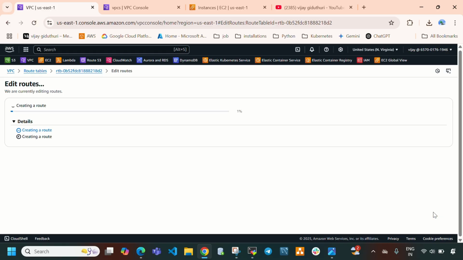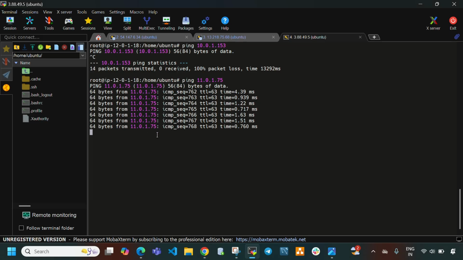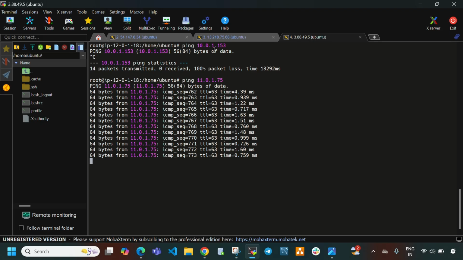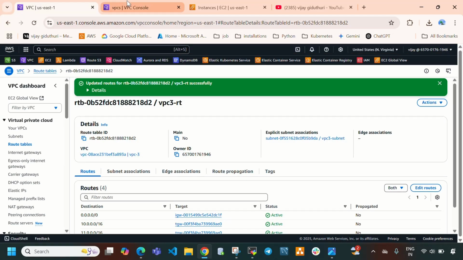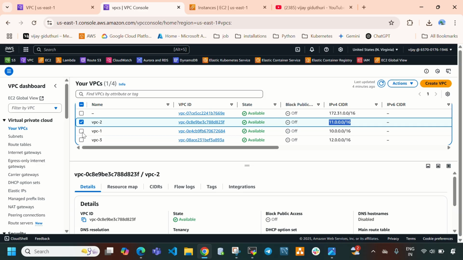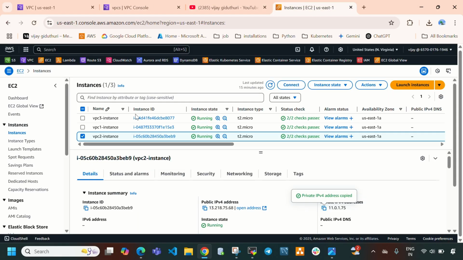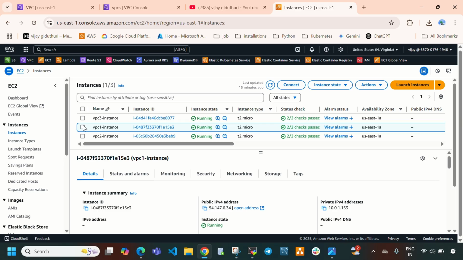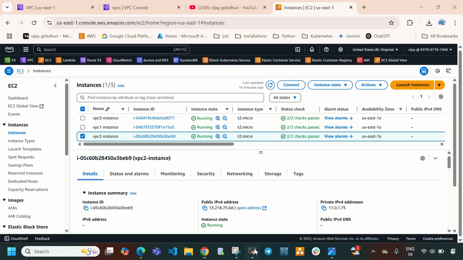So now all these VPCs can talk to each other via a transit gateway. Okay, so let me open this. So here you can see it, VPC3 can talk to VPC1. Sorry, VPC2. So this is the VPC2 CIDR. So here you can see 11.0. Let me select here instances, VPC2, 11.0.1.175, right?